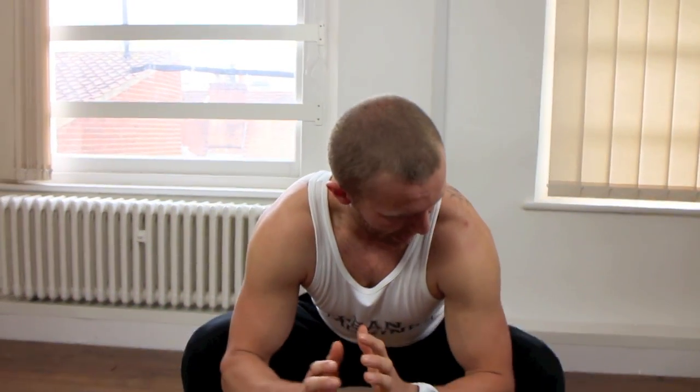So we're going into a low squat. All I want you to do is put your elbows onto the inside of your knees, and what you'll feel straight away is tension around here, which is basically just releasing off your adductors and hip flexors, which will naturally be tight. And this might not be too bad, your bum's below your knees, but what I then want you to do is lift your chest, and you will feel that pinch in the thoracic area of your spine,